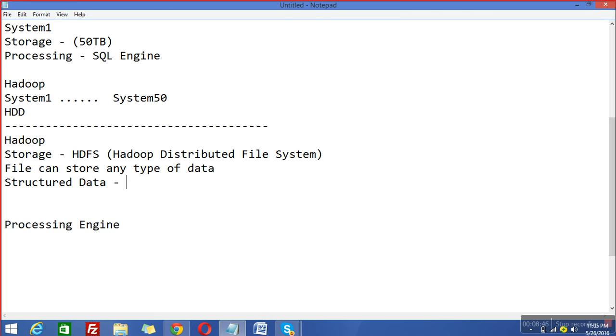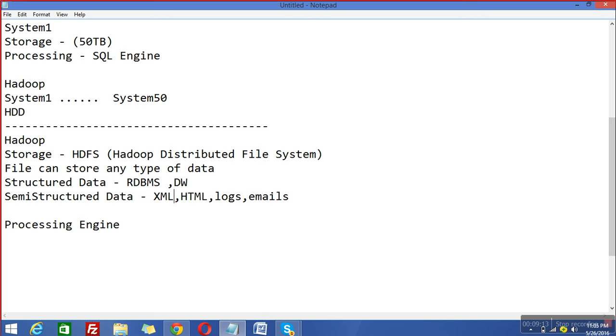For example, it can store structured data, for example any relational database, any data warehouse, meaning tabular data, or wherever you have a structure defined, or it can store semi-structured data, for example XML, HTML, your server logs, your emails.